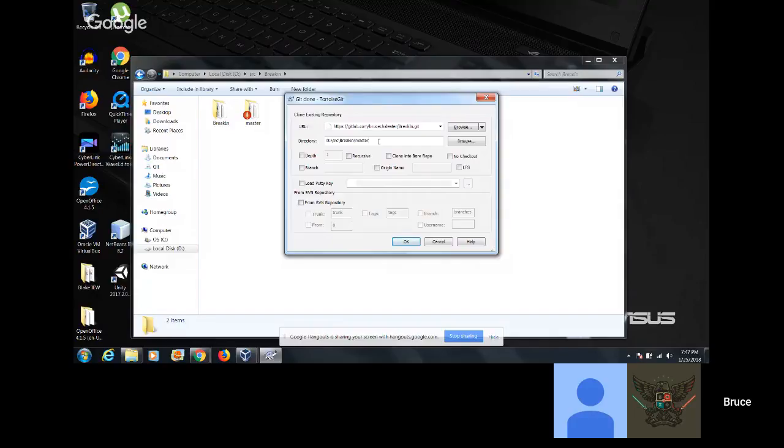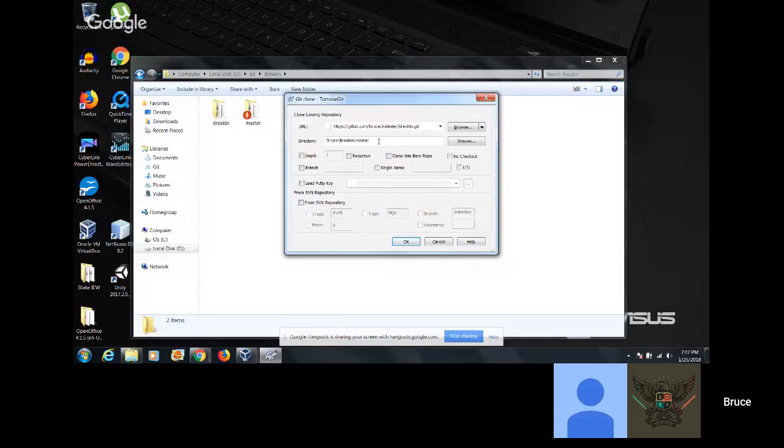Right. And then you say okay, and you should get a folder created for you on your computer with a green check mark. Oh, what's the username thing? Now what you're naming it is the name of the branch, and the master is a special kind of branch. It's a branch where everybody has decided that that's the main one that we're all going to come back to.